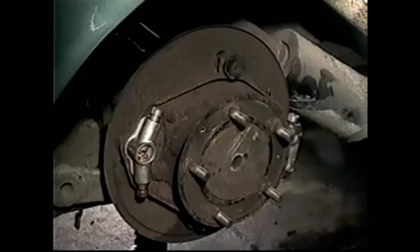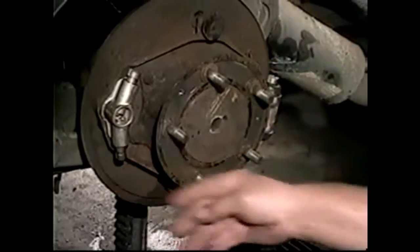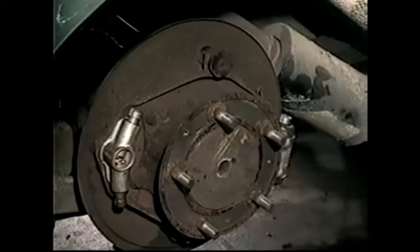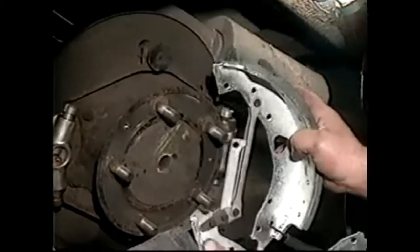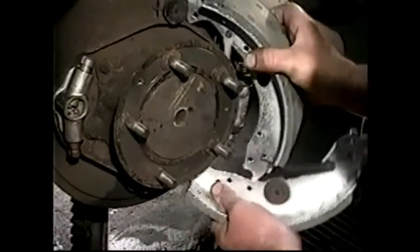So we're now going to fit the rear shoes. We're going to do it the reverse thing. We're going to make sure that these are straight, all of the cuts. The spring, or the holder for the spring, is in the right spot. And we're going to make sure we're between the two studs so that we don't get jammed up. And we push the shoes in like so, kind of back to front. Then we rotate them around